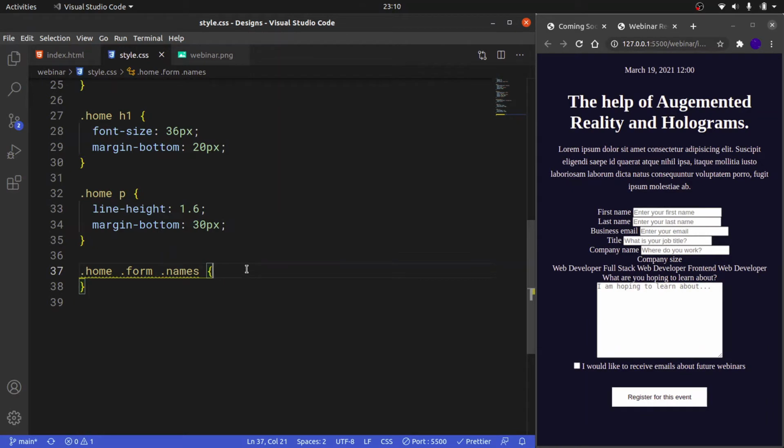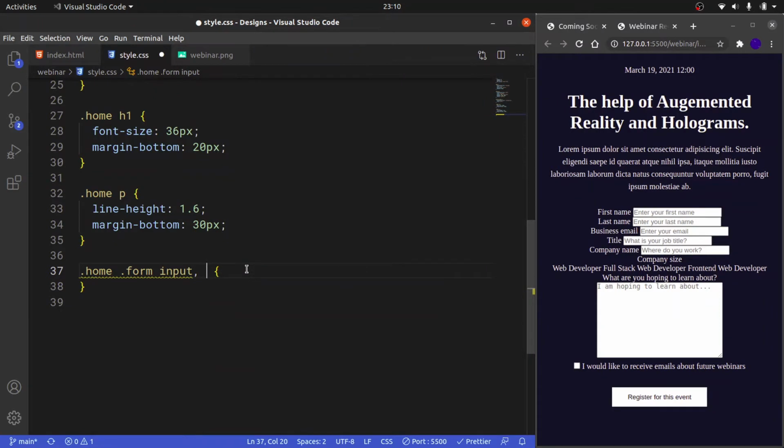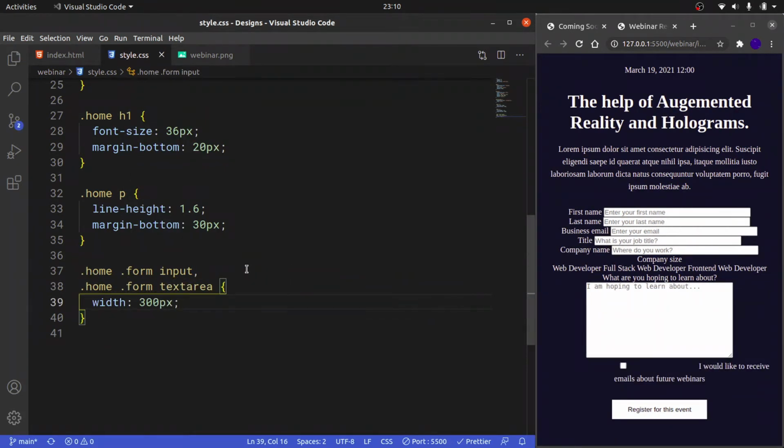Instead, I'm going to target for the form all my inputs, and once again for the form I want to target the text area like that, where I'm going to say give this a width of 300 pixels, width of 300 pixels like so. Okay, and